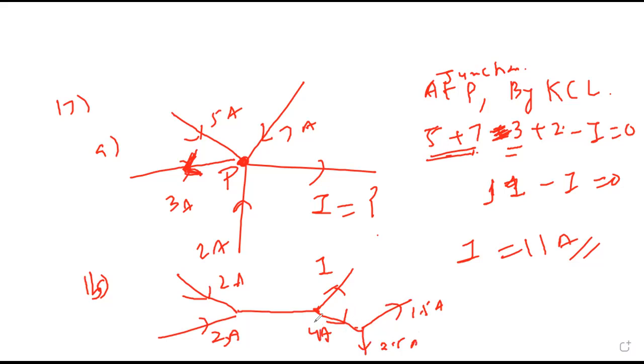We have to find what is I. Say 2 comes here, 3 comes here. Total it becomes how much? 5. From 5, 4 goes here. What will be I? 1 ampere or not? So it is just addition, subtraction. I is 1. Follow now. 5 coming, 4 goes here, 1 will go on this side. So I equal to 1 ampere.